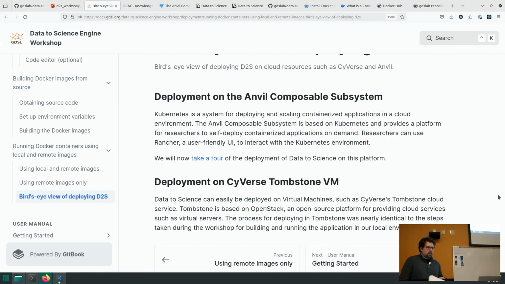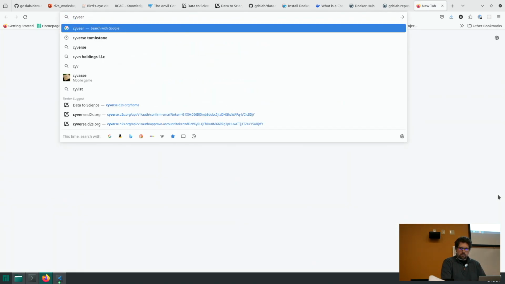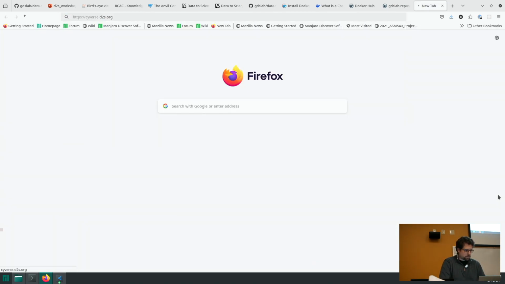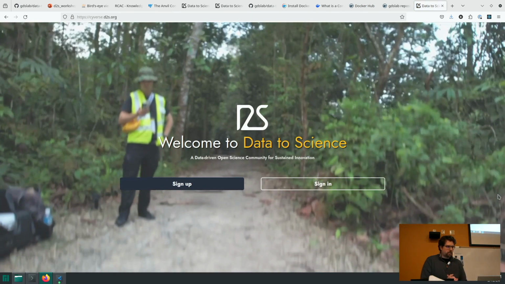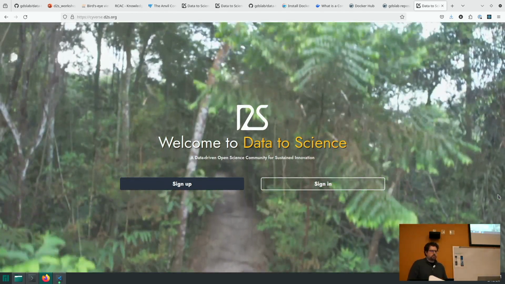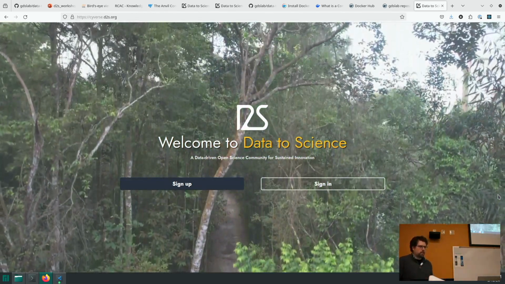It's just a matter of that last example I showed you with those 3 files, where we have our environment files and then our compose file. It's just a matter of getting those 3 on the server, pulling in the application and running Docker Compose up. And then there are a few extra settings you want to tweak when you're putting something in production, but otherwise it's just those 3 files, and it's a very straightforward process. And for that one, I believe it's cyverse.d2s. And so this one's running our containers just with Docker inside a virtual machine on the CyVerse